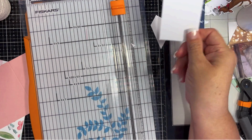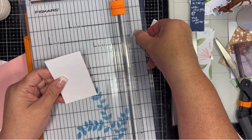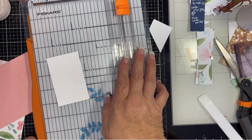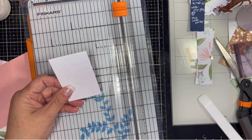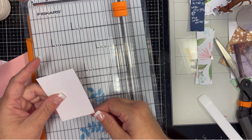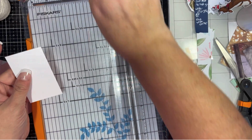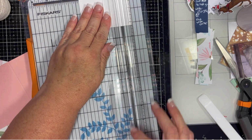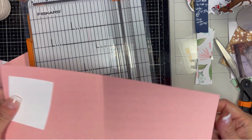Okay. And then I also do need a piece of white to put on the front with my image. So this piece is staring at me from scraps, so I may as well use that. This little piece of white doesn't want to come off. This one I can trash, but then I'm going to use this. I don't know that I need it this tall, unless I pick one of the taller ones, even so I don't think I need it this tall. So I am going to cut this down just a little bit. So this is just a scrap, so use whatever scrap you want to use to make it look the way you'd like. And then I'm going to take the leftover pink